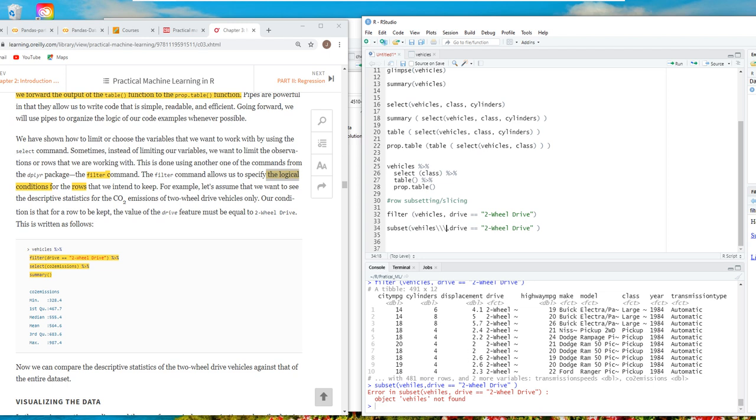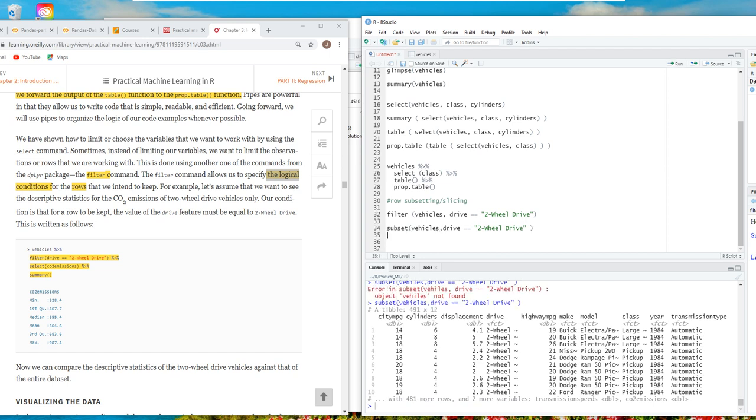Misspells. I hate this. Okay. Good. So what is the additional way? I mean, this is